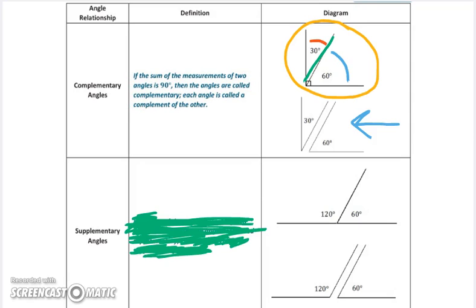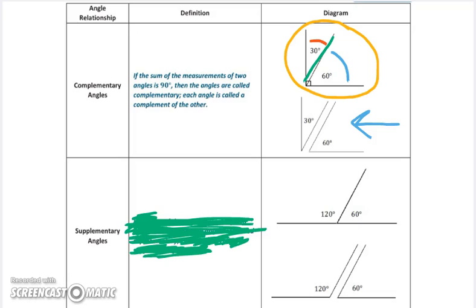Let's take a look at the definition. If the sum of the measurements of two angles is 90 degrees, then the angles are called complementary. Each angle is called a complement of the other. Take a couple seconds to copy that down. If you need to, you might want to pause the video right now, because I'm going to jump into supplementary